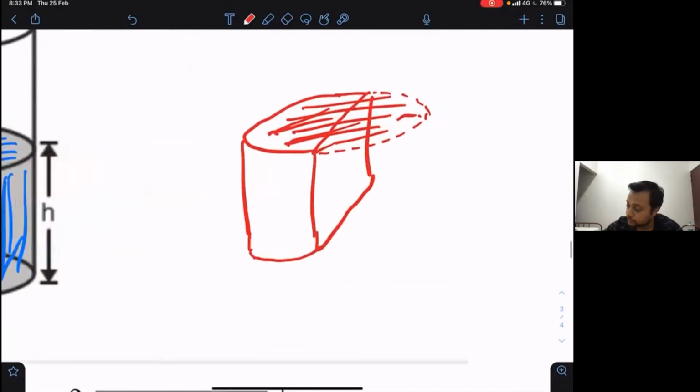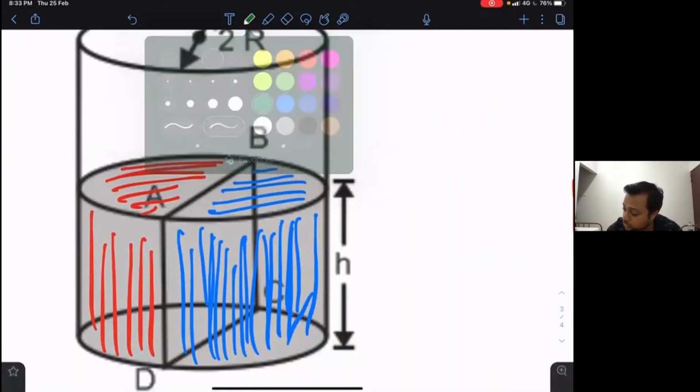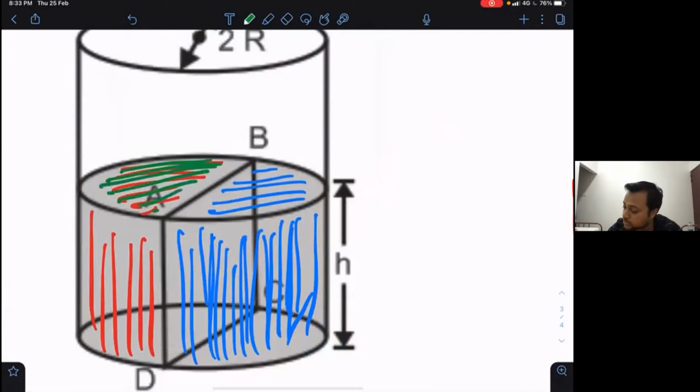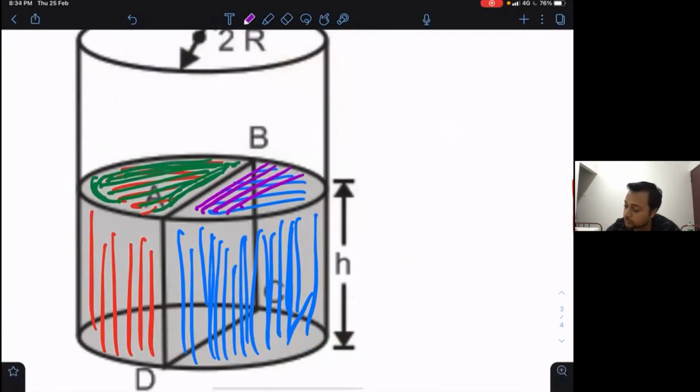So we can say that, here also I think it is better to see. Let me just say that one part of the surface is the green surface, which is a part of the entire red part of the water, and the other part of the surface is this violet surface. So the green surface and violet surface both are completely making up the total top surface of the liquid.